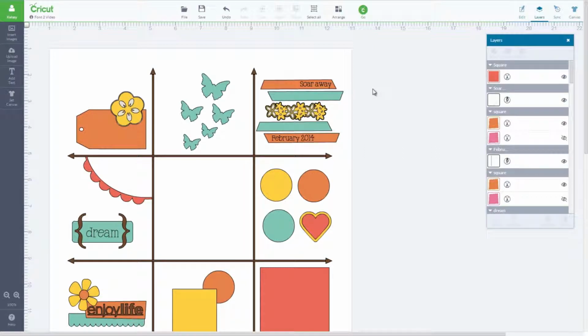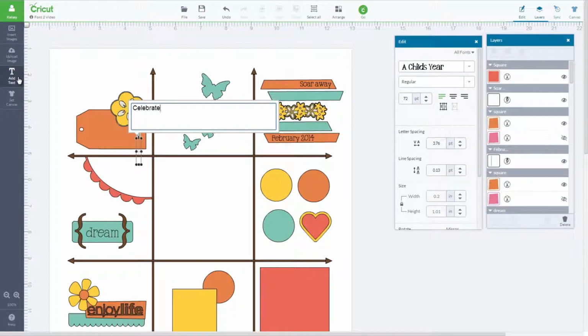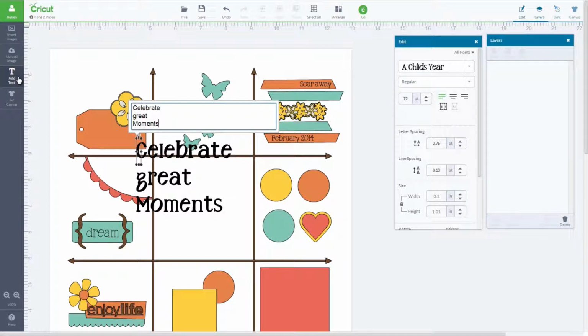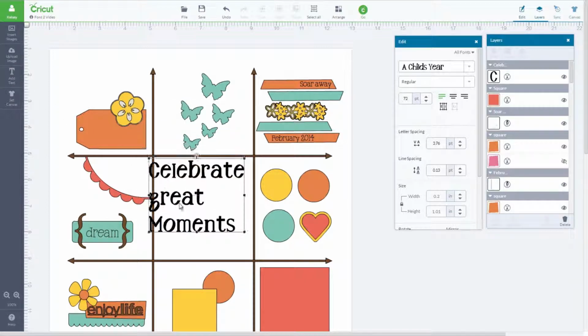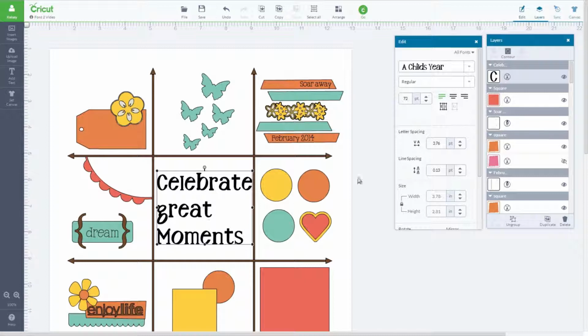Cricut Design Space makes finding the right font and editing text simple so you can easily personalize your project. Let's add a title to this scrapbook layout and learn how to use the Edit panel to style it. By clicking on All Fonts in the Edit panel, you can filter for different font options and easily find the